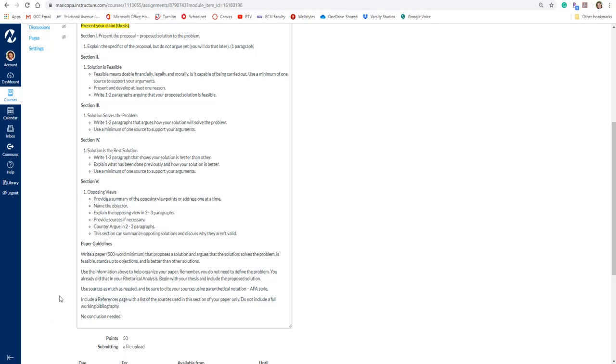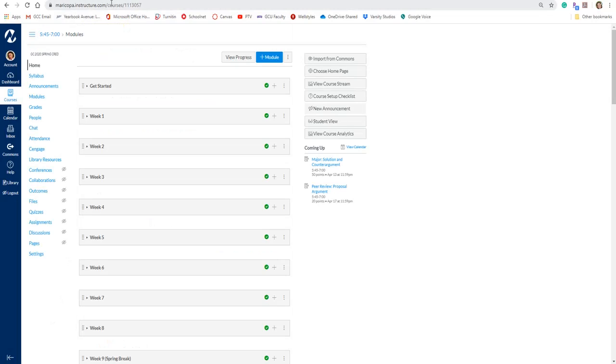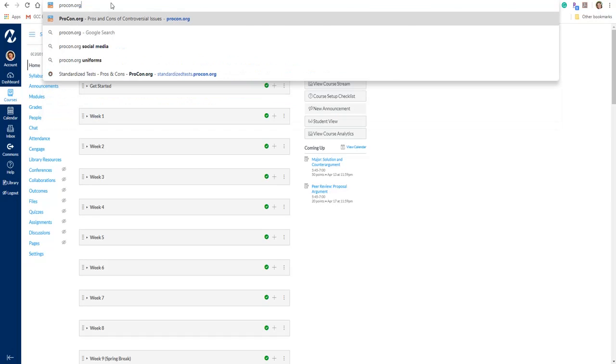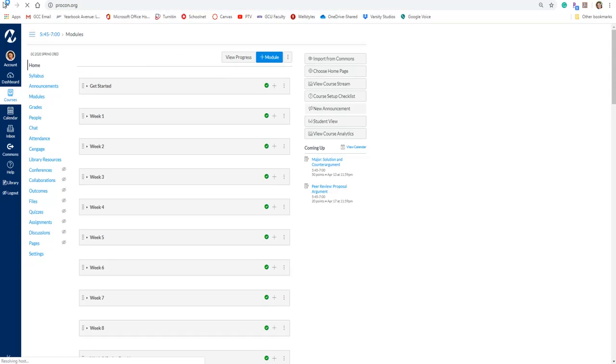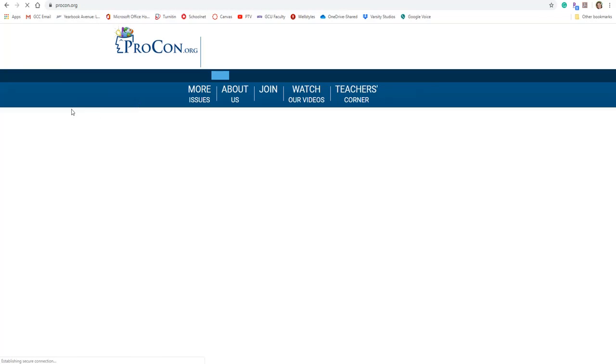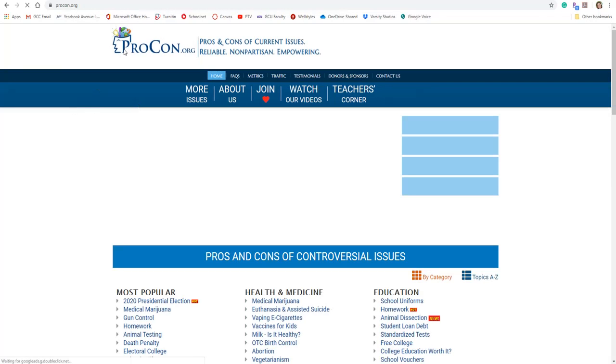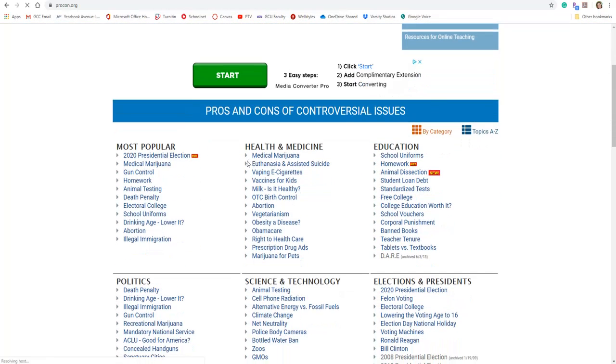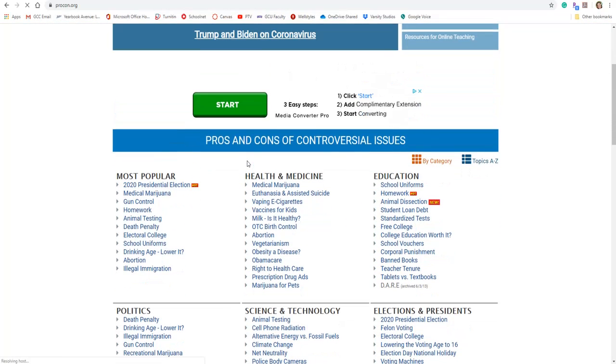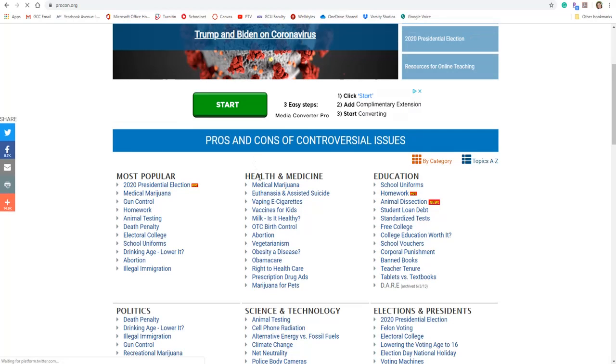Okay, so this is really significant. This should be really helpful. I do want to show you one more website that I believe is really important and could be really, really helpful for creating this solution and even possibly your counter argument. The website that we're going to is procon.org. This is not a website that you can actually cite, as it's just snippets of information. It's kind of like Wikipedia, but academic. Okay, I like this website, but it's not a citable website.